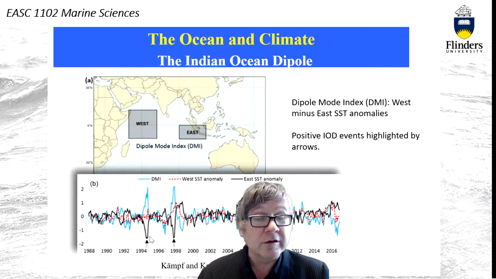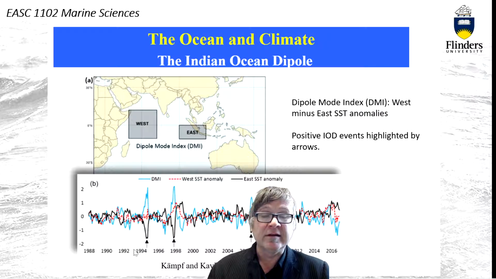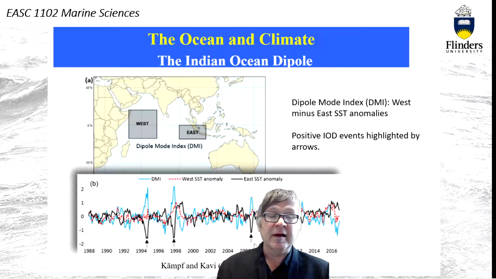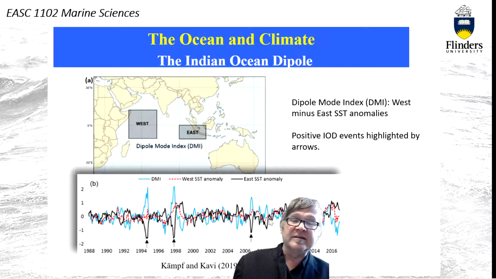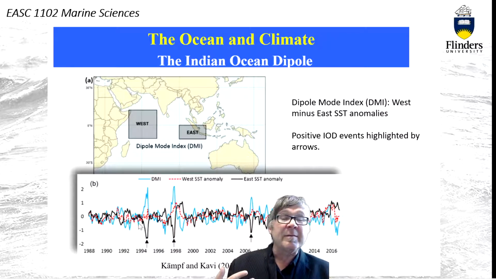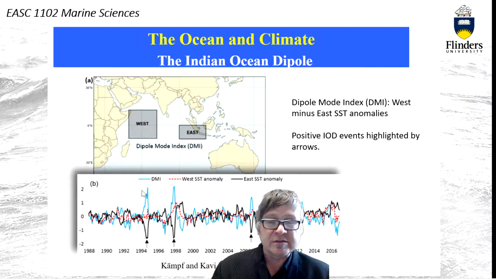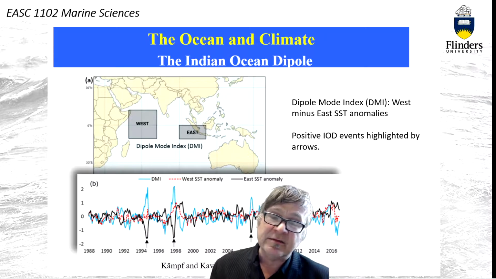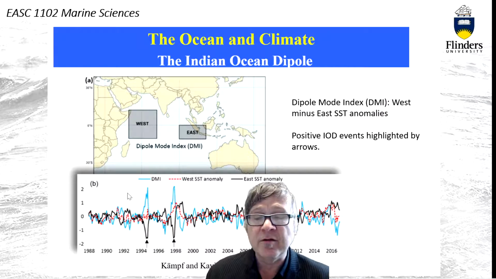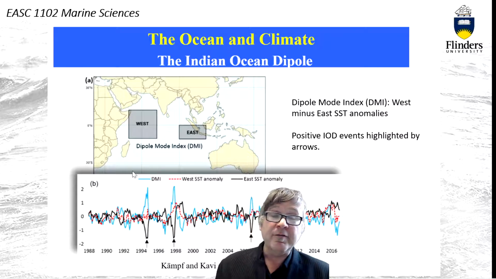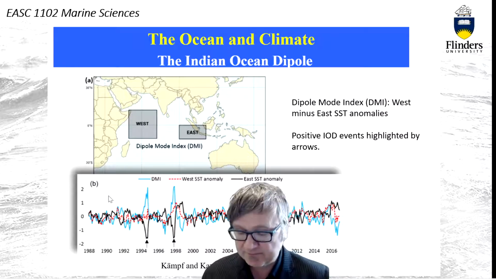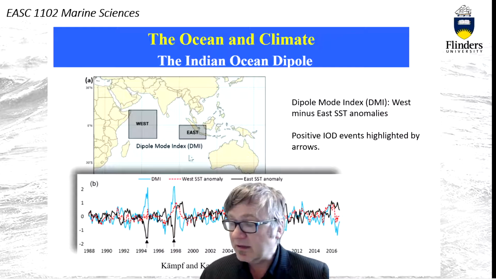and then you get a negative value, because it's colder. Okay, you can see here in 1995, 1997, and a little bit later a few here. And you can see the DMI index, you get the positive value. It's just because of the way the difference is formulated. So you get negative in the east, you get actually a positive value of the index. So you only have a few events, and these things are called positive IOD events. Okay, so let's have a look